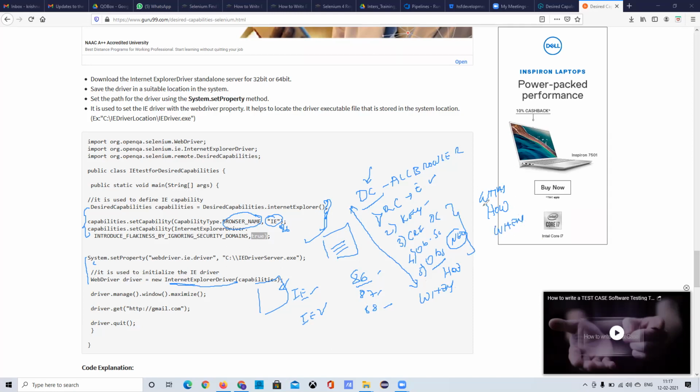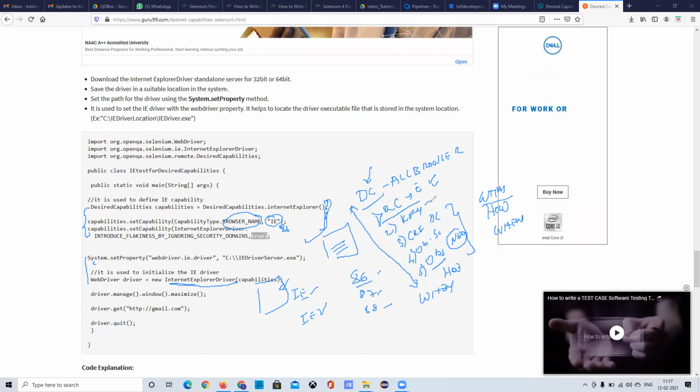So what is desired capabilities? I told you the definition, and I'm repeating it once again. These are the required capabilities we set for the execution, and these are key-value pairs. For example, the browser name, the browser version, and the platform are given as part of desired capabilities.